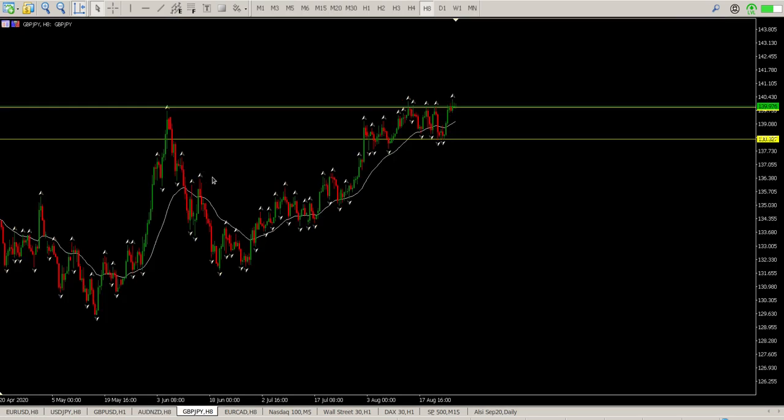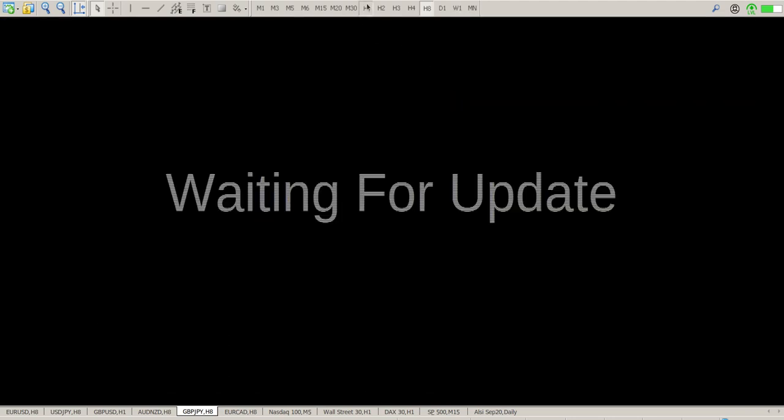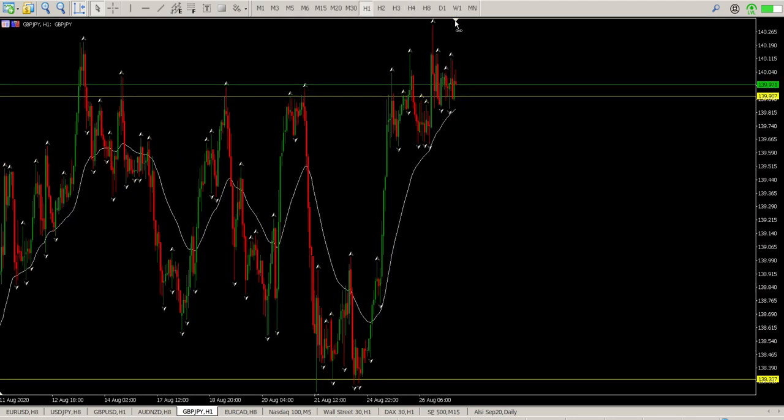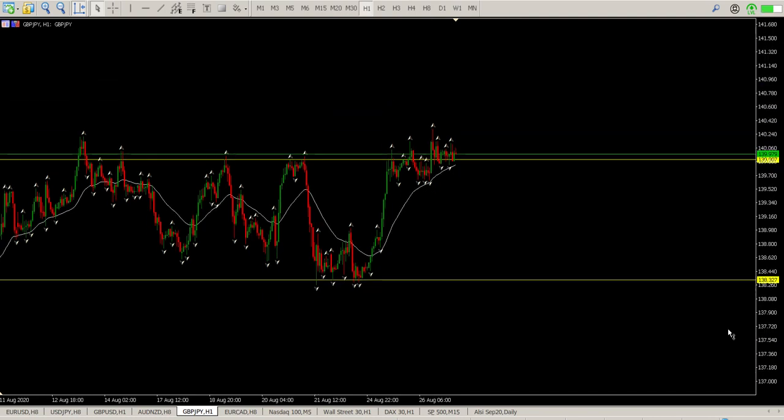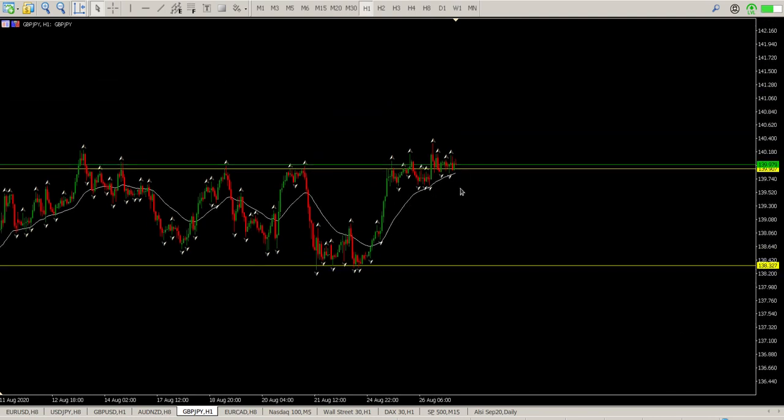Okay, pound Japanese yen, staying well away from this, still sitting in its range. You can see range. Look at the last couple of 8 hour bars, pretty much nothing going on here. So I think it's good just to highlight, when you see this kind of price action, stay away from it until you get the breakouts. Now, in saying that,